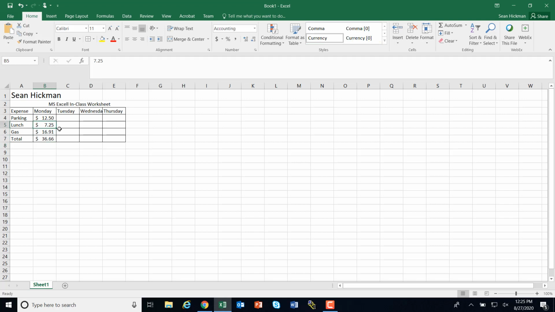Now that is okay. But if I change this to $8, well, then I would have to do my calculation differently right here. Okay, I'm going to just undo. I'm back to 7.25. Another thing that we could do right here is, instead of this formula here,